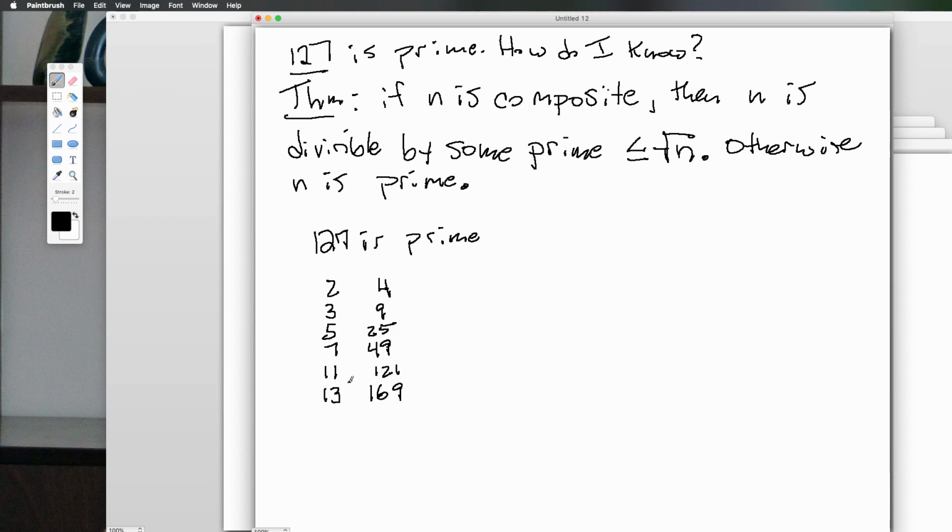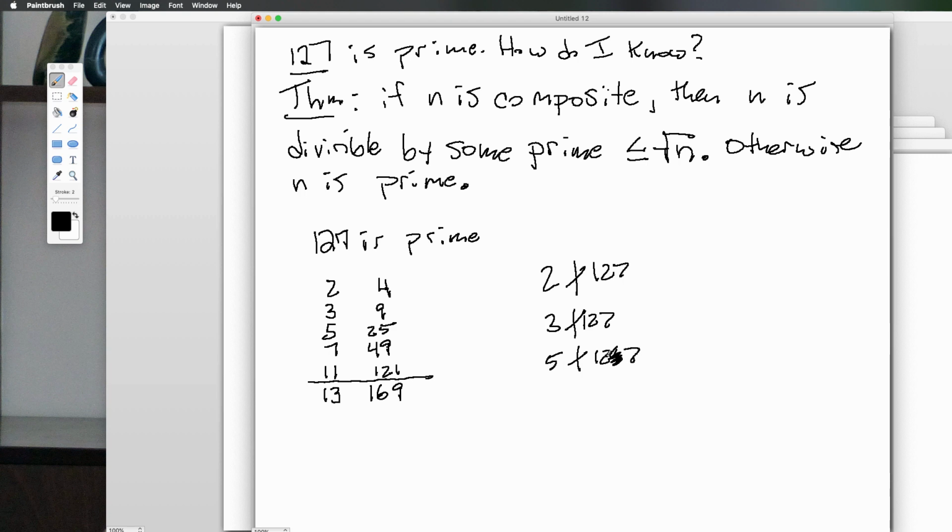So what that is telling me is I just need to come over here and see if any one of these prime numbers divides 127. Well, 2 doesn't divide 127. 127 is an odd number. Does 3 divide 127? Well, there's a trick here. If I add up these digits, I get 7, 8, 9, 10, and 3 doesn't divide 10, so 3 doesn't divide 127. We can see that 5 doesn't divide 127,